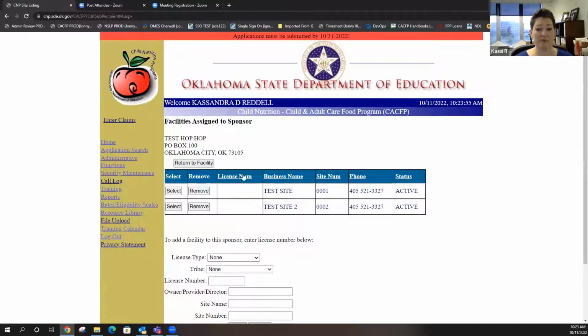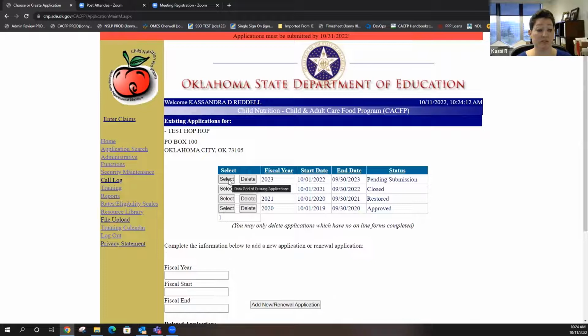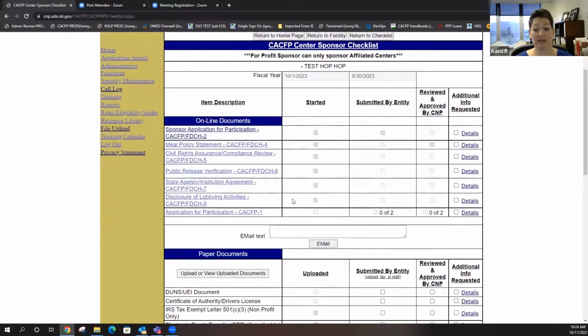So if you're ultimately the person responsible for all these sites, that's fine. It's really going to be only our sponsors of daycares who have directors on site that might be different for every single one. But there are situations where it could be the same person. And if you want us to change it to be you on every one of them, Dana, just email me, because I'll forget that I just told you that.